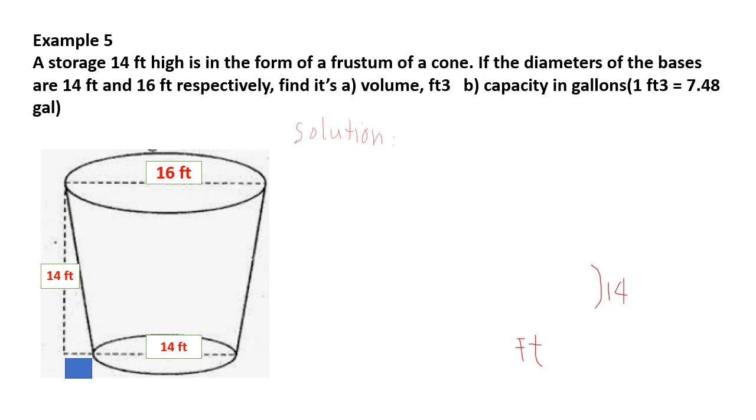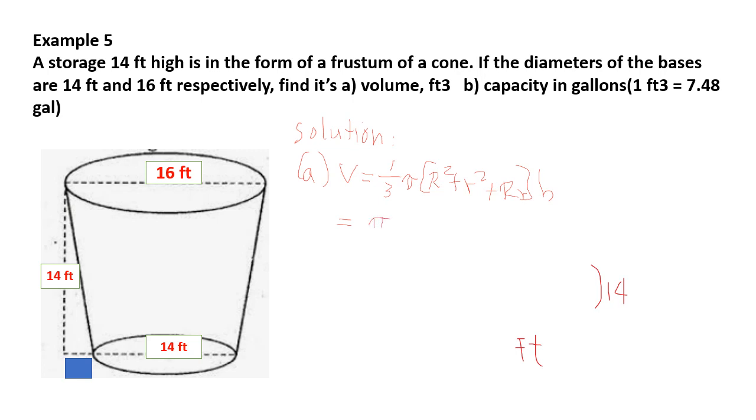A storage tank 14 feet high is in the form of a frustum of a cone. If the diameters of the bases are 14 feet and 16 feet, respectively, find its volume capacity in gallons. So we have this one. Solution letter A. Volume equals 1/3 pi times r square plus r square plus rr, of course times height,